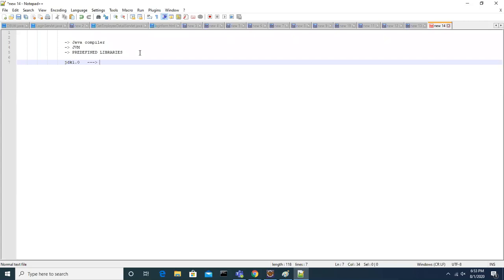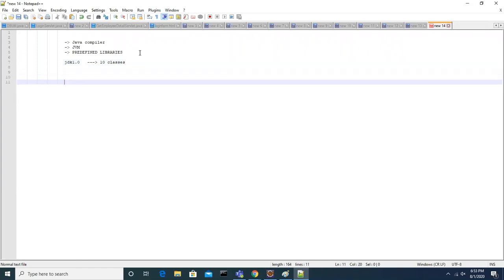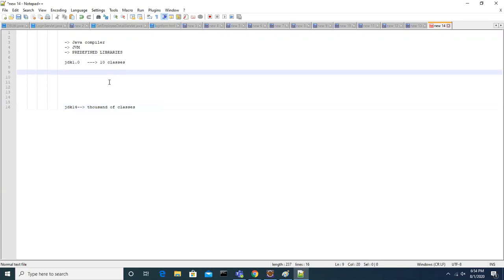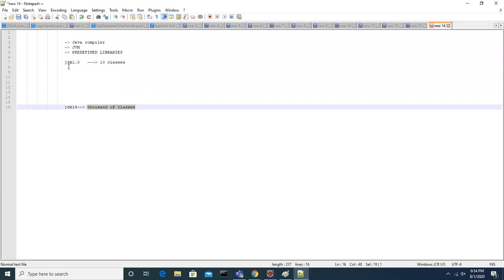Let's say there are 10 classes in the first version, and right now our JDK is 14. How many classes can you assume? Thousands of classes. Version to version, new classes and interfaces are added.